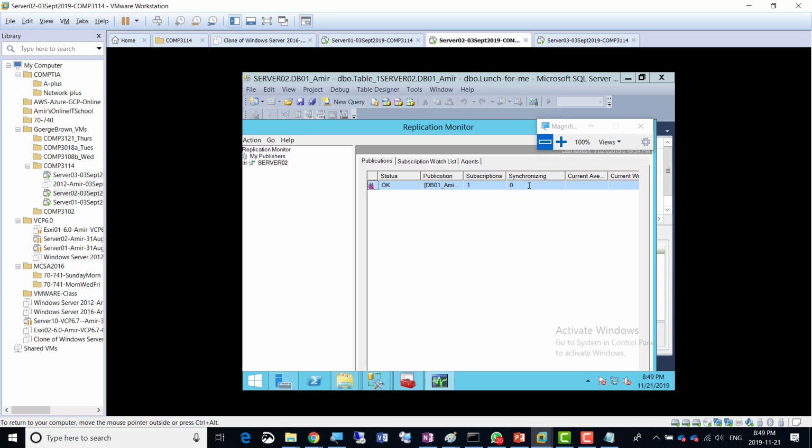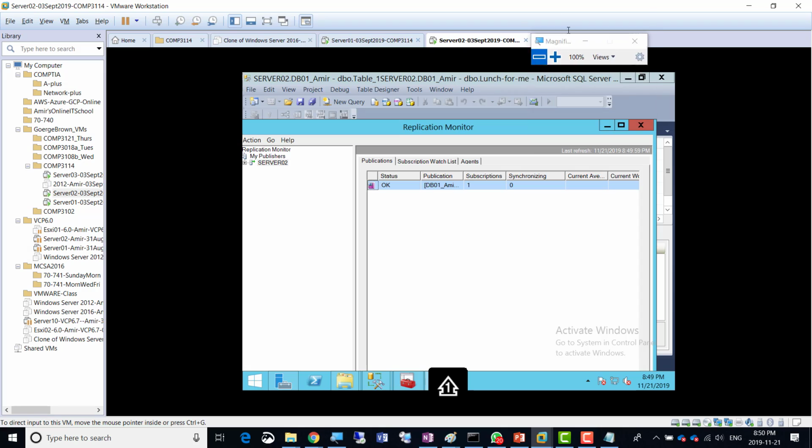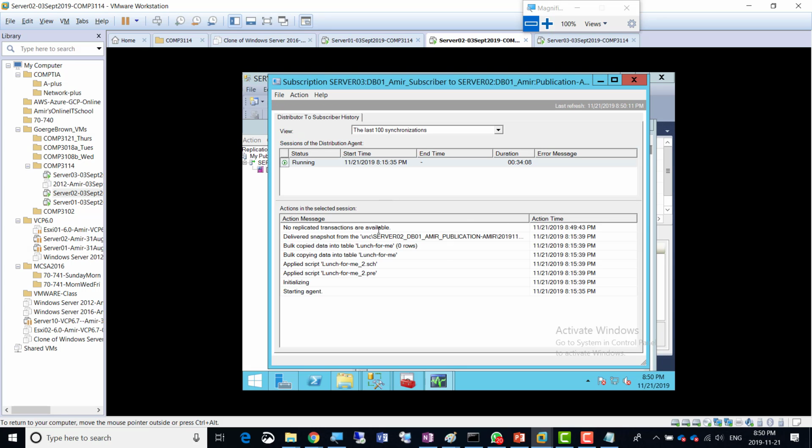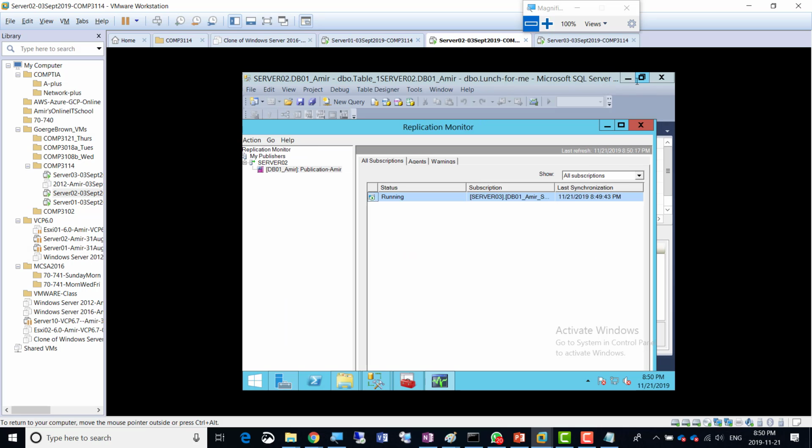Just sitting here for 20 minutes looking at this thing. That was very good practice, and I wanted you to be hypnotized. So, okay, click on server 2. Yeah, we can expand that. Expand there and double click on running. No, there. Yeah, double click. You can see that he synchronized the launch. Yeah, exactly, you're right. But is the table there in 3? Yes. If the table is there in 3, that's your screenshot number